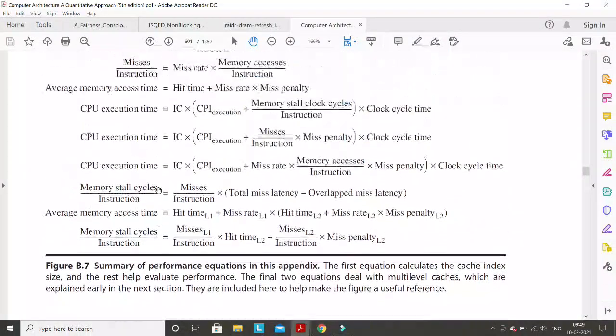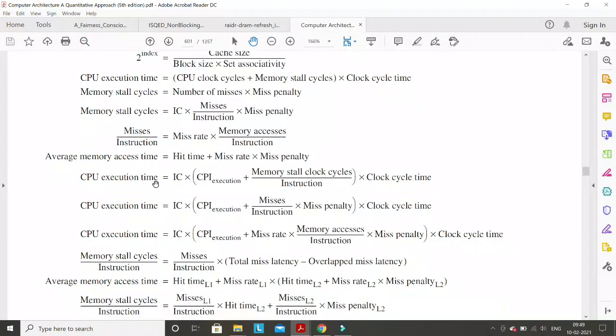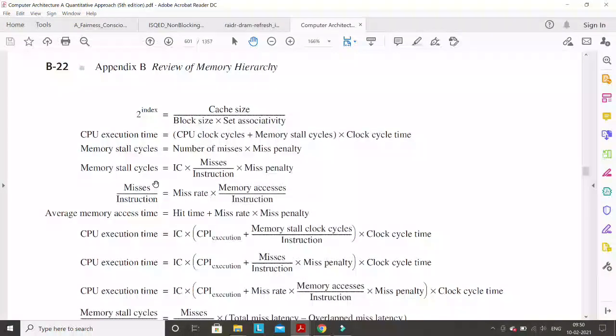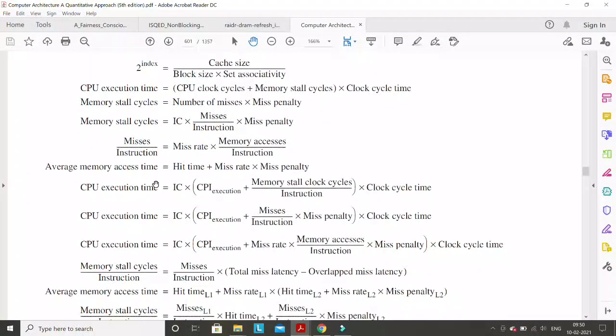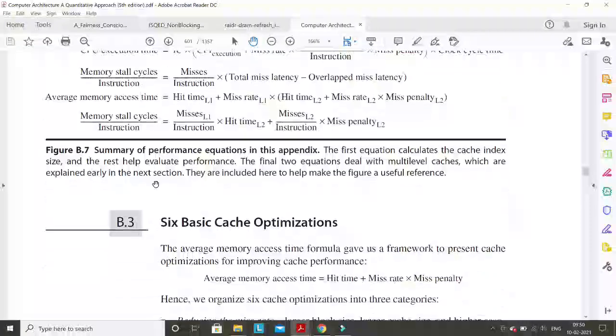Then you have to remember all the formulas that are written here. These formulas I have already shown in a screenshot in my lecture, I think lecture 1. Again, try to understand all the formulas here. Don't memorize any formula. You have to understand all the formulas. Try to understand the correctness of each formula here.